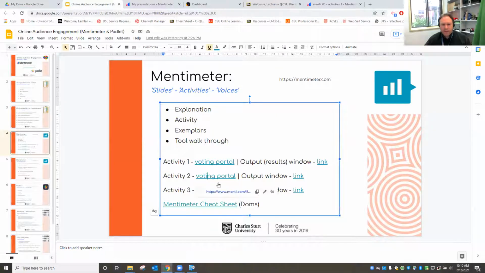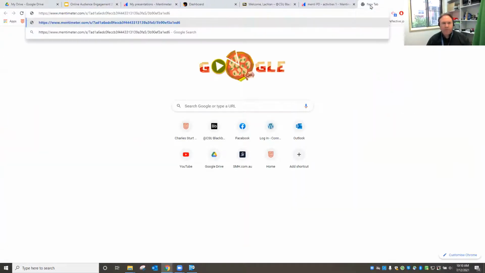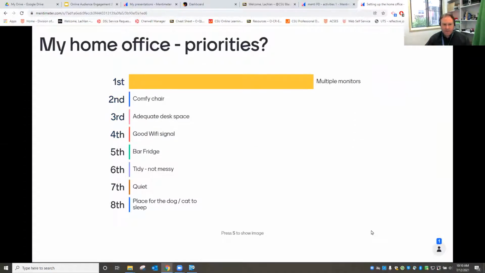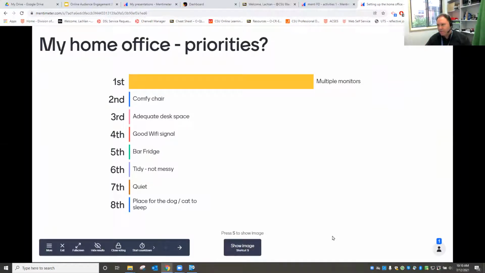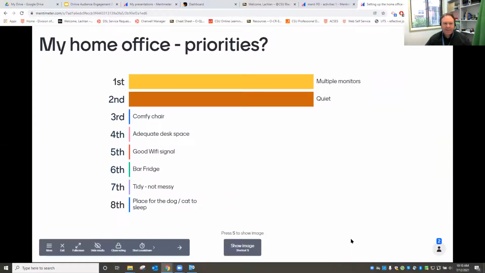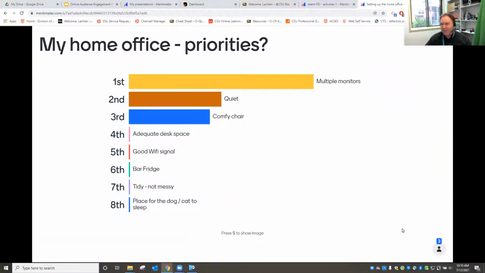We'll do one more so we can have a look at a different activity type. This time around, I'll give you a separate link in the chat pod for you to engage with, and I will grab the output window myself for us to look at as people vote. This time round, we have a ranking activity, which is asking people about your home office and what your preferences are when you set up your home office. And through your voting portal, you're dragging and identifying what's the first thing that's most important, what's the second, and then we can start to see those results coming in,